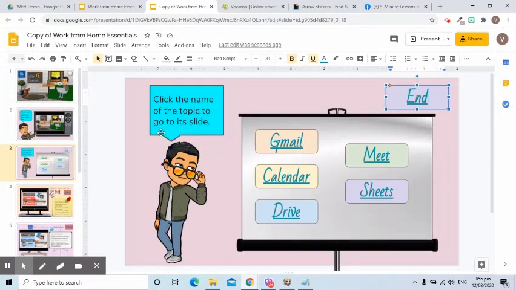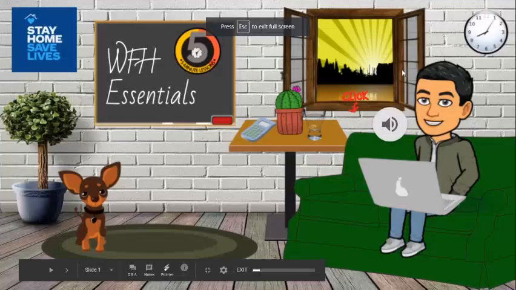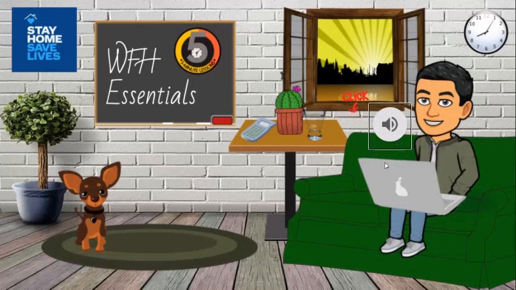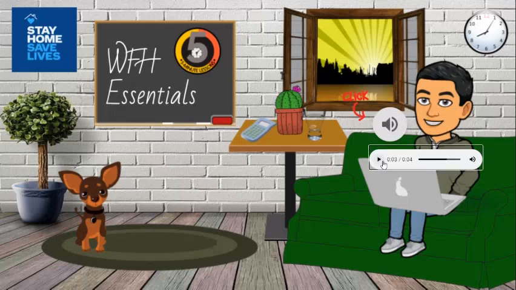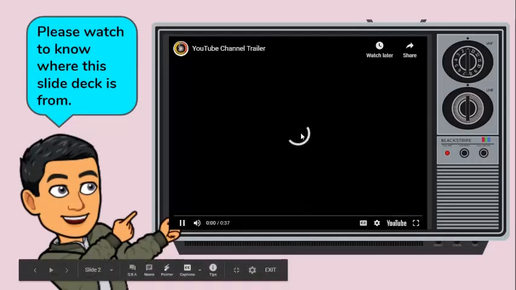Let's now check what is the output of our presentation. So let's click the present button at the upper right corner. And then on the first slide, when we click this, there should be sound. Then let's proceed to the next slide. So here, when we click this play button,